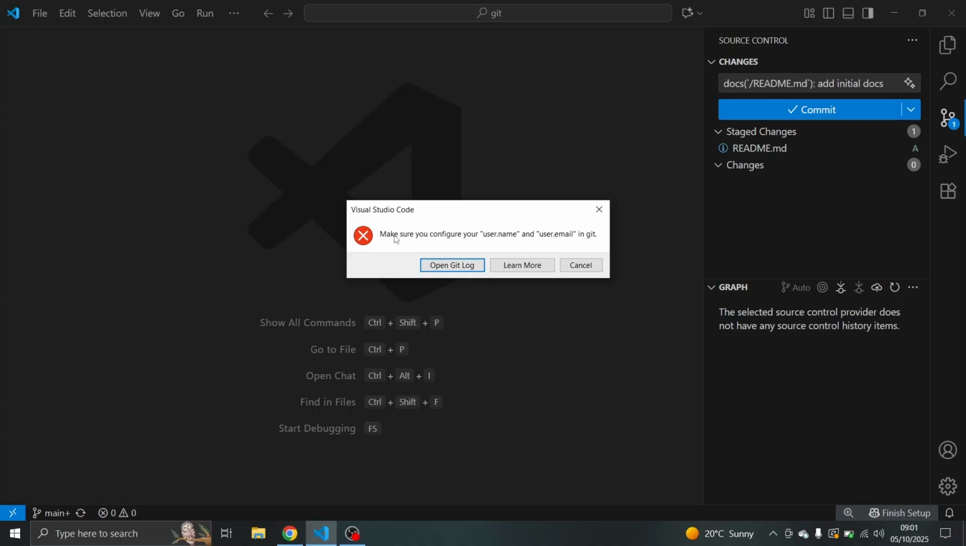Okay. When I hit commit, this is where the Git configuration comes in. It's telling me that my username and email are not provided. So even though Visual Studio Code knows me, Git does not know me. So I need to provide it with that